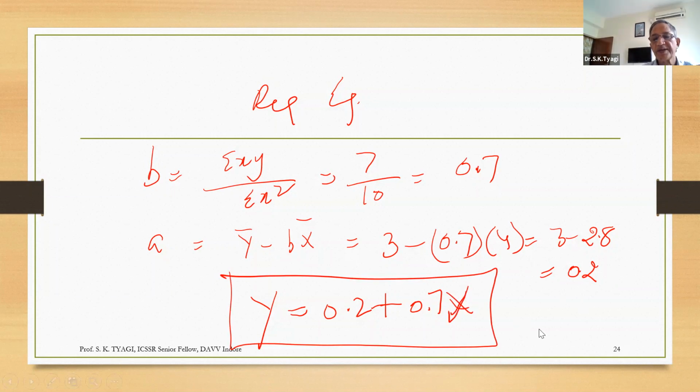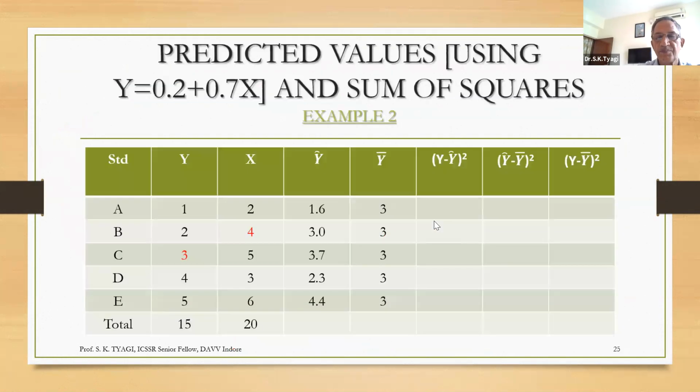So we have calculated the regression equation. Either you calculate using small x, small y, xy, or using this. The beauty of this approach is that here you need not calculate the mean of x and y, because if the mean is in decimal or fraction, then your problem becomes tedious. And the ANOVA also uses this particular approach. Now next we come to the regression sum of squares and so on. So the approach is the same.